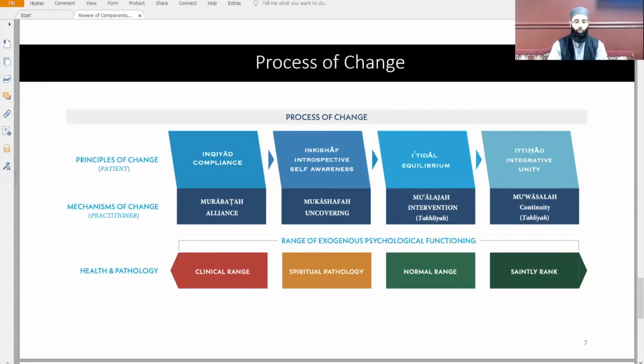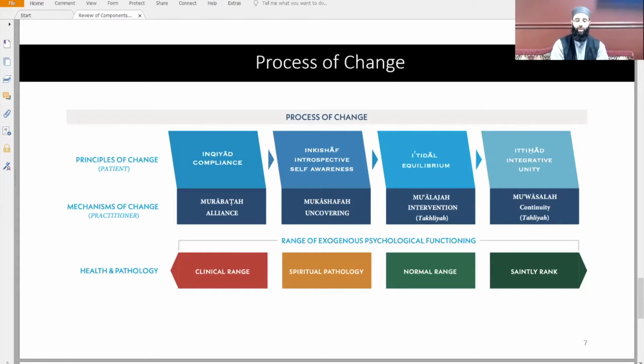However, the way that we're utilizing it may be influenced or drawn from those ideas, but again, remember, we have different scopes. We're bringing it into a different scope of utilization, right? And so what do we mean by this? Inqiyad is